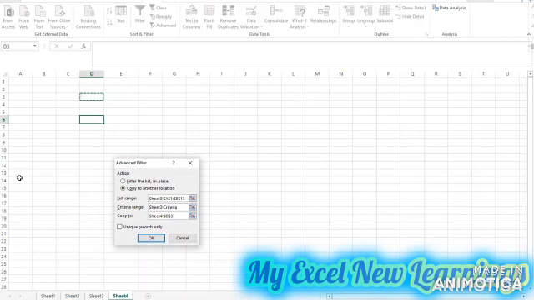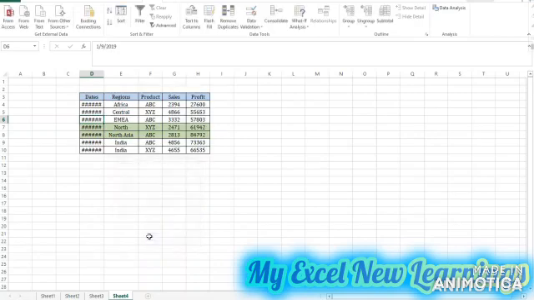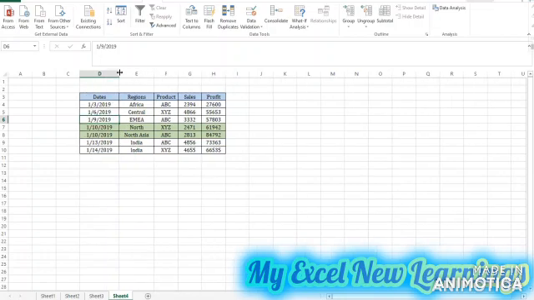So I will click anywhere in the sheet 4, then I will click OK. So advanced filter has sorted out the data as per sales greater than 2000, and it has pasted it to the sheet 4. This is how you can use the advanced filter options with your multiple criterias.